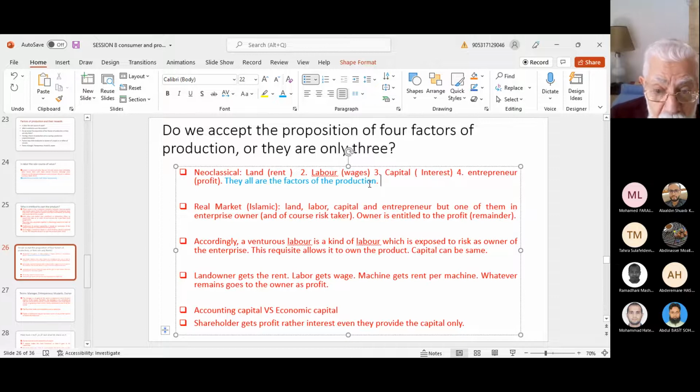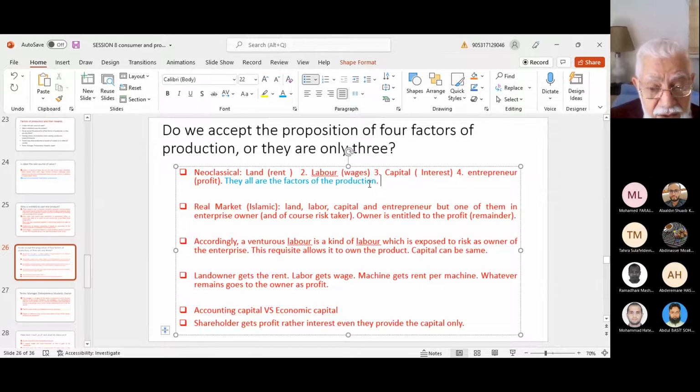The company may make loss. What is the meaning of making loss? It means they hired these elements and they could not sell the total product for more than the total amount that is predetermined for these elements of production. Okay, so financial capital. Is financial capital a factor of production? It is not, but it represents the ownership of the project, right?